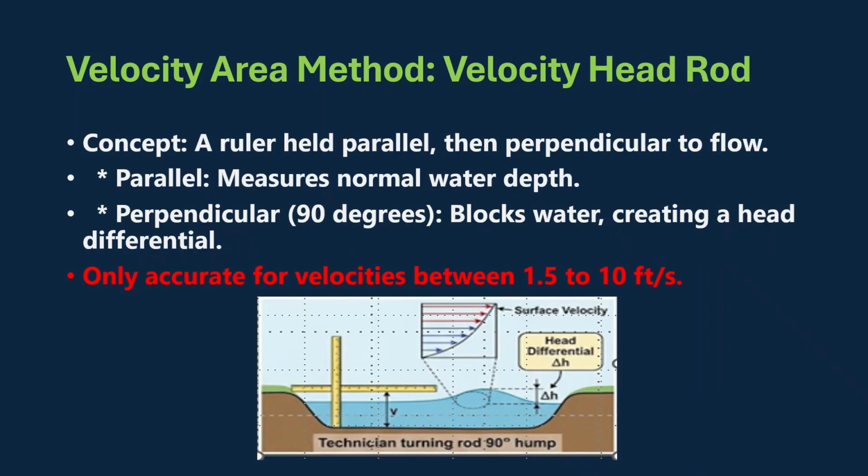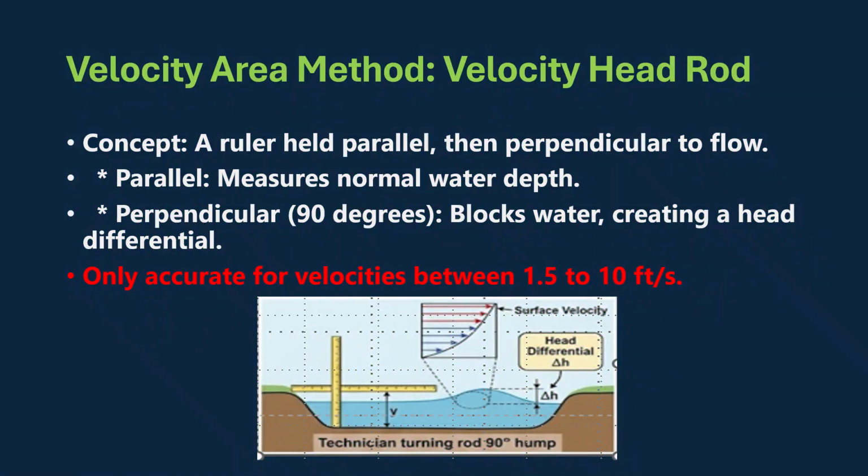Next is the velocity head rod. Think of this as a specialized, inexpensive measuring stick. If you place the rod parallel to the water flow, the water just slides by and you measure the normal depth. But if you turn the rod 90 degrees perpendicular to the flow, it blocks the water. The kinetic energy of the flowing water hits the flat wood and pushes upward, creating a tiny hump. By measuring the difference in height between the normal water level and that hump, you can use a lookup table to calculate